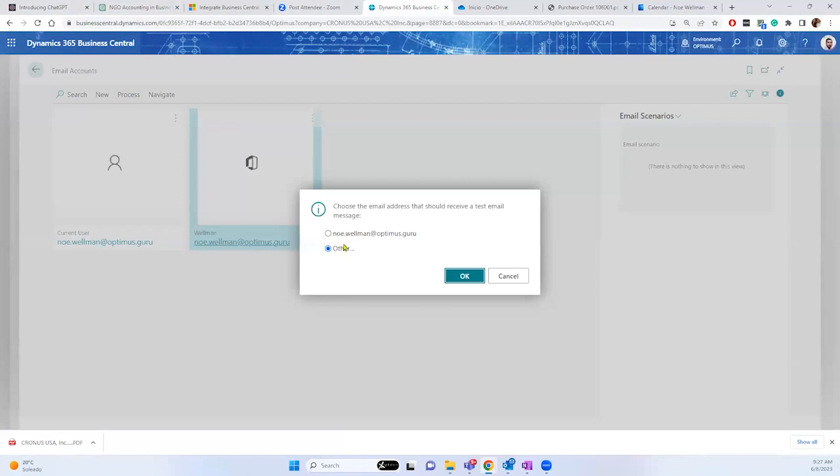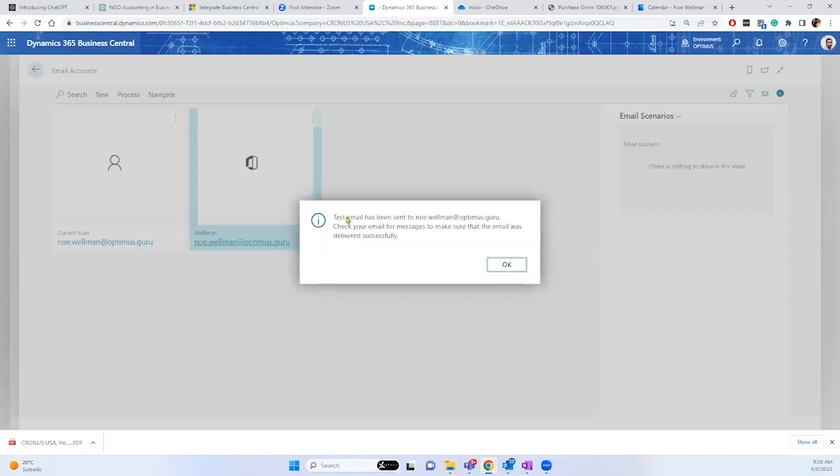Now that we have two accounts, this is going to tell you who is going to send the email. The main difference is that Noel Wellman at Optimus or Guru is this one, the one that I have set up for the company. And this is asking me if this is going to be the email for the company, Noel Wellman at Optimus or Guru, because now we have that option. Let's just send an email, but remember, this is going to be sent immediately. The thing is that I'm just testing as well